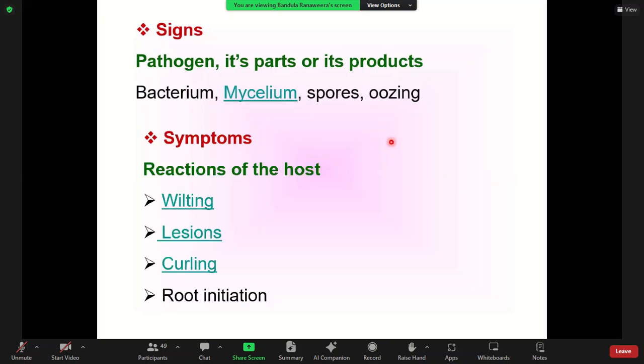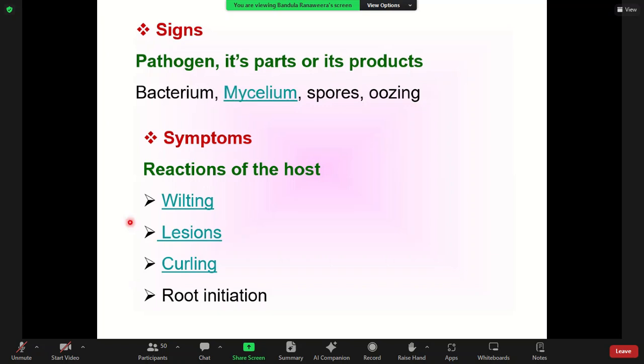In addition to the sign, there can be some symptoms after the interaction between pathogen and host plant has started. The host plant shows us some symptoms: wilting, lesions, curling,